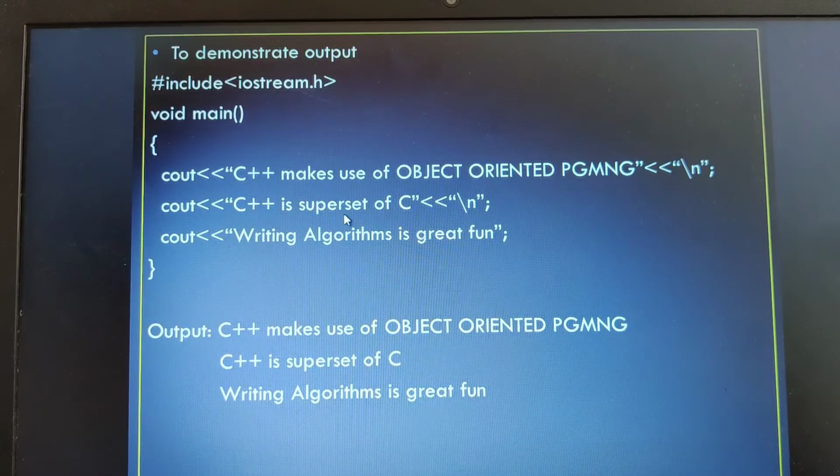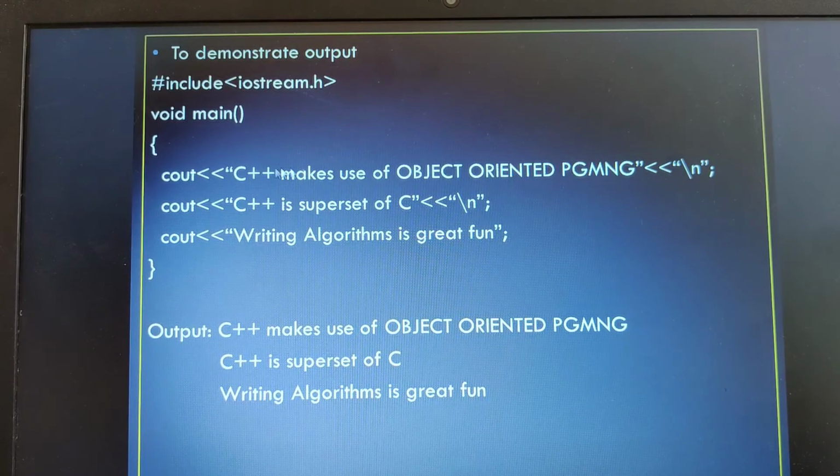If I want the contents in the next cout statement to appear on a new line, then I have to explicitly mention the new line character, that is \n. Since they are escape sequence characters, they should be enclosed in the double quotes here. Remember, it should be enclosed here. So \n. C++ makes use of object oriented programming.